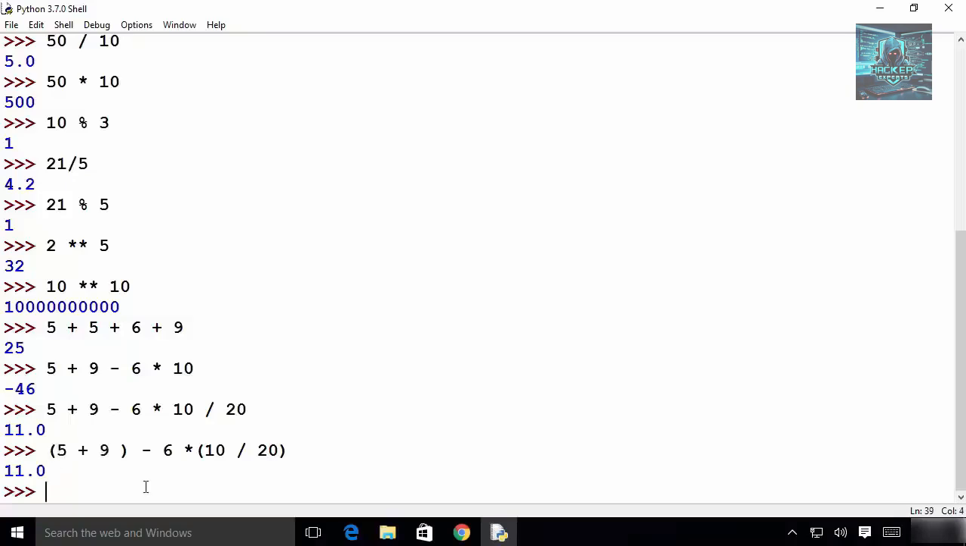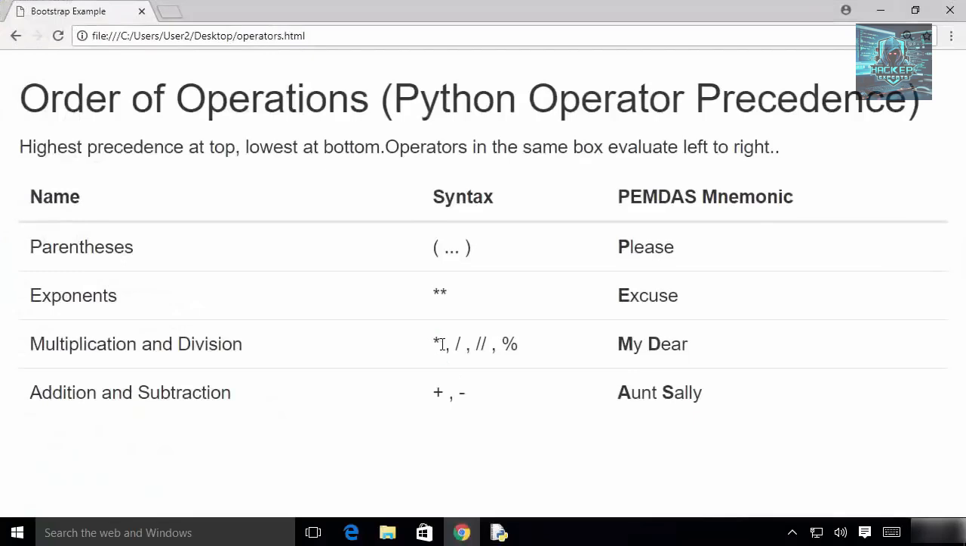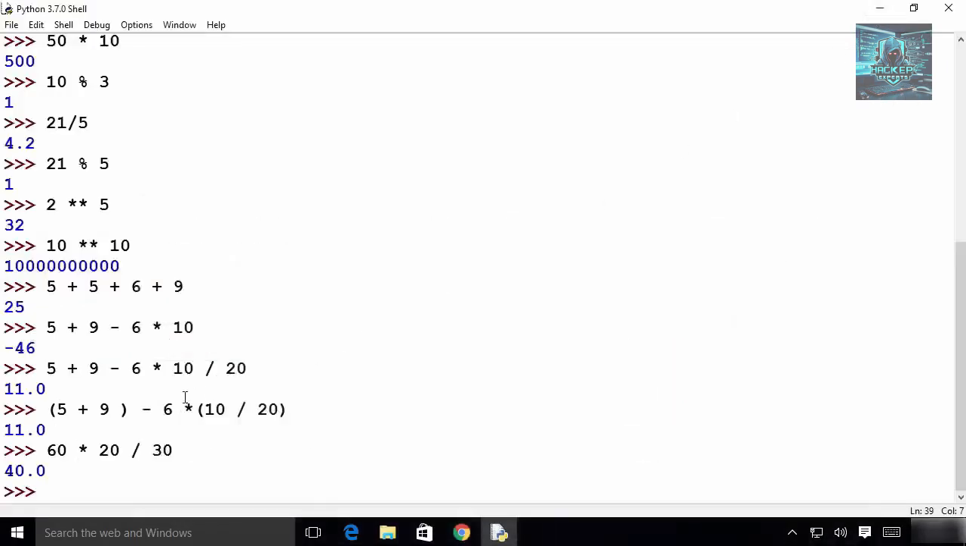Once again, for example, you use 60 multiplied by 20 divided by 30 and then press enter, it will give you 40. But in which order will this calculation happen? First of all, this multiplication will take place because in the table we have seen that the multiplication operator and division operator have the same priority, and that's why the priority will be decided from left to right. Now if you want to learn the order of precedence between the operators,